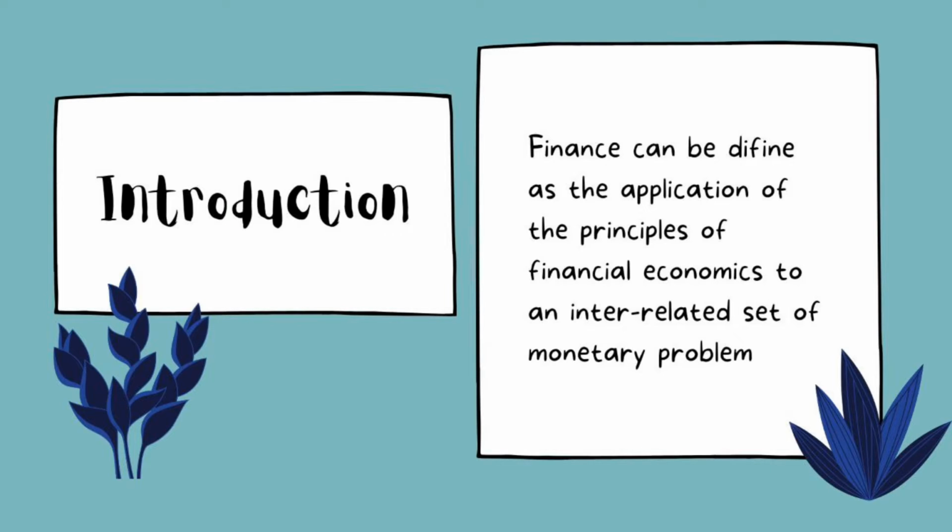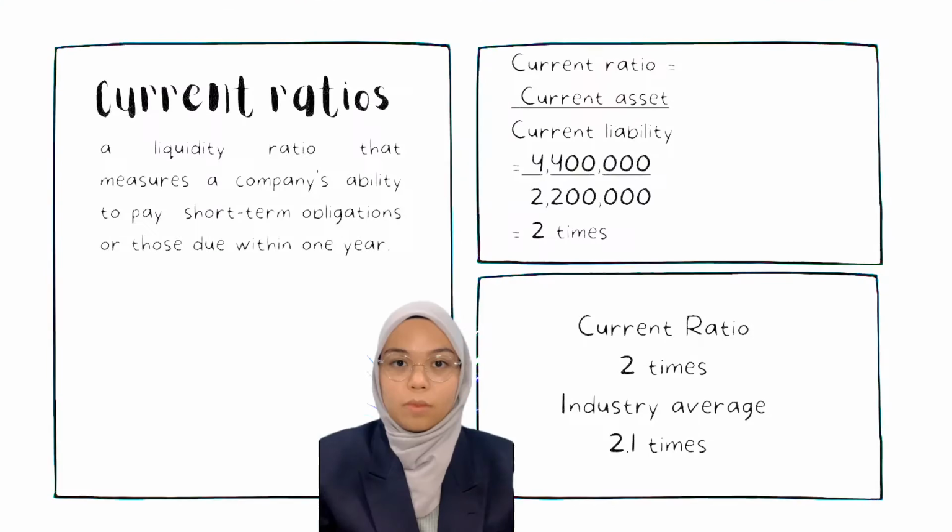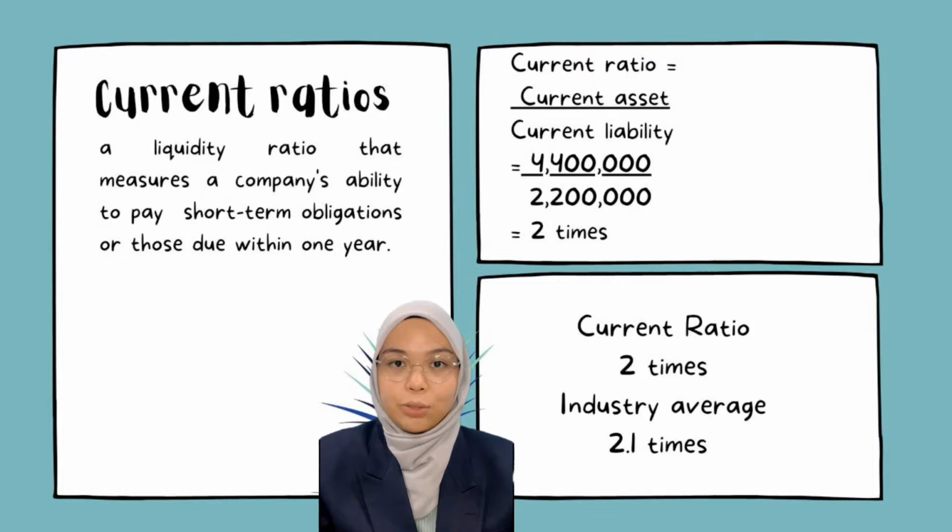Finance can be defined as the application of the principles of financial economics to an interrelated set of monetary problems. Current ratio, a liquidity ratio that measures a company's ability to pay short-term obligations, or those due within 1 year. To calculate the current ratio, current assets divided by current liabilities, that is